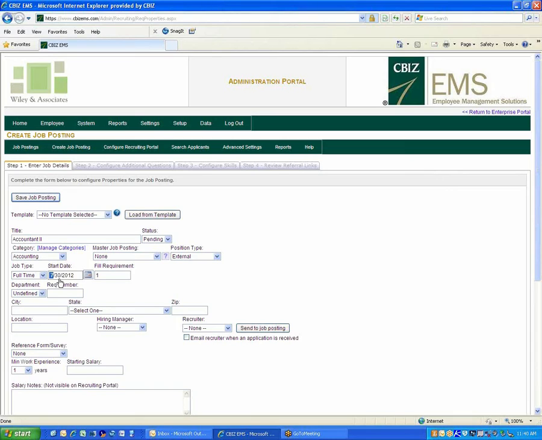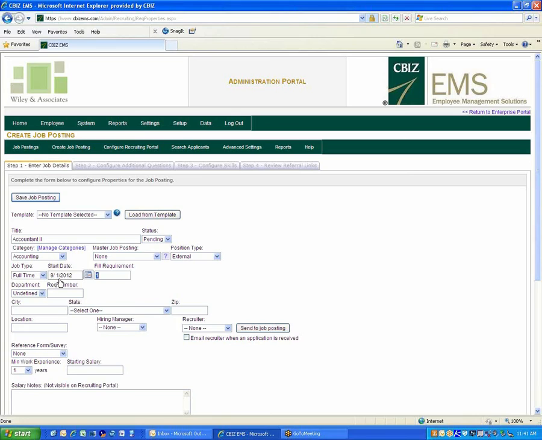So for example, let's say that I've got this accountant 2 position. I may not be ready to start taking applicants yet. Maybe I need to terminate someone in the current accountant 2 position before I post that, or maybe budget doesn't allow me to really hire someone for a few more months, but I want to go ahead and put the position in the system, just not publish it out to the site. Start date is when that position becomes open for all to start applying to. Okay, so let's just take this one and say that we want to do it September 1st